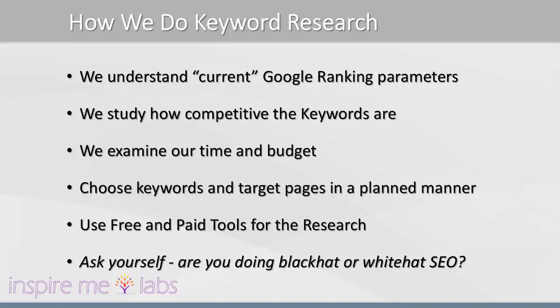You need to choose your keywords and your target pages in a planned manner. When you choose your keywords, you need to coordinate which pages on your site you want to rank for those keywords, and you need to understand that the two are related, and you need to go after them in a planned manner. So you need to draw up Excel sheets, and for each of your target pages, put the URLs, put the title tags, and put the keywords in there that you want to rank for, and then you can start doing your